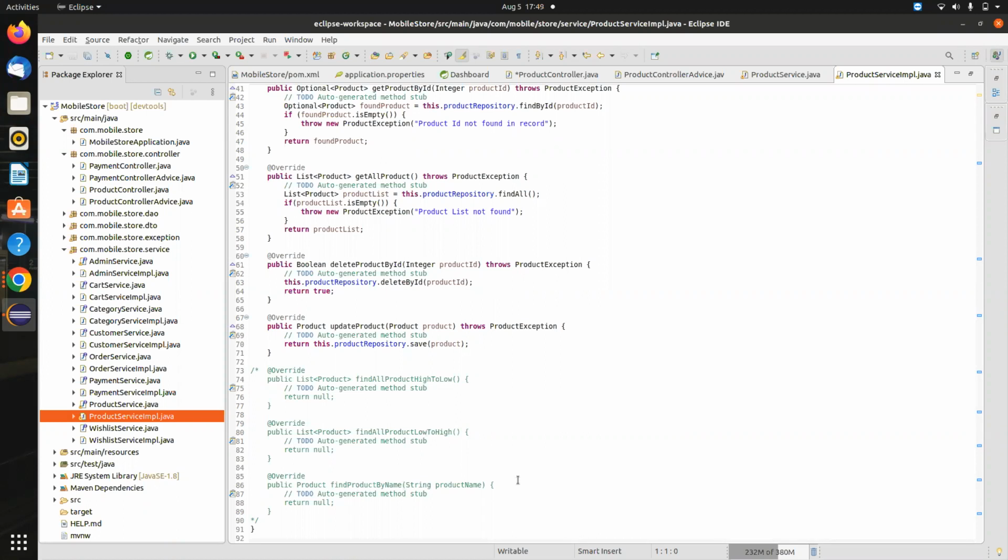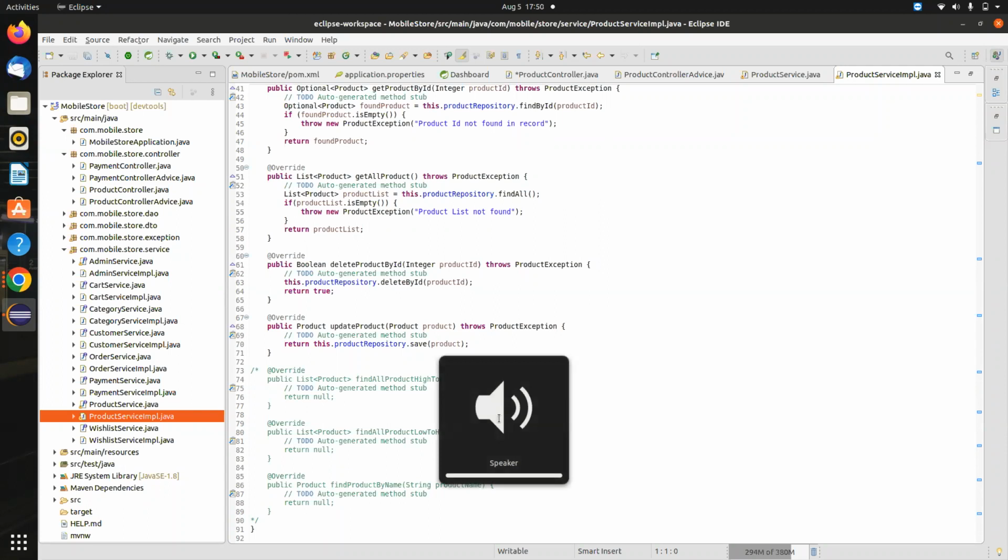But do you need two methods, or can you pass just one parameter so that whether you want it in ascending order or descending order, the same function can do this? Or do you want to implement two APIs? So two methods, one for ascending and one for descending. We are trying it that way. Yeah, that's correct, but I'm just giving you a suggestion. Can you pass one more parameter as an option whether to sort in ascending or descending order? Okay, sir. Then see, let's say there is a method called find all products high to low. Oh, okay. So you have written one method.